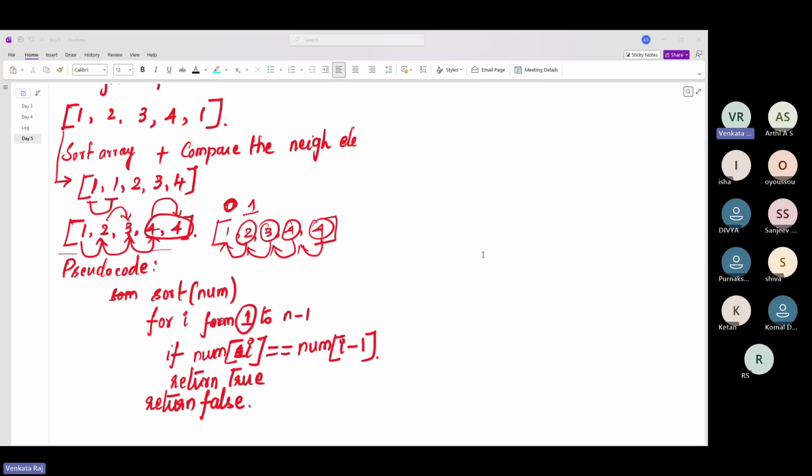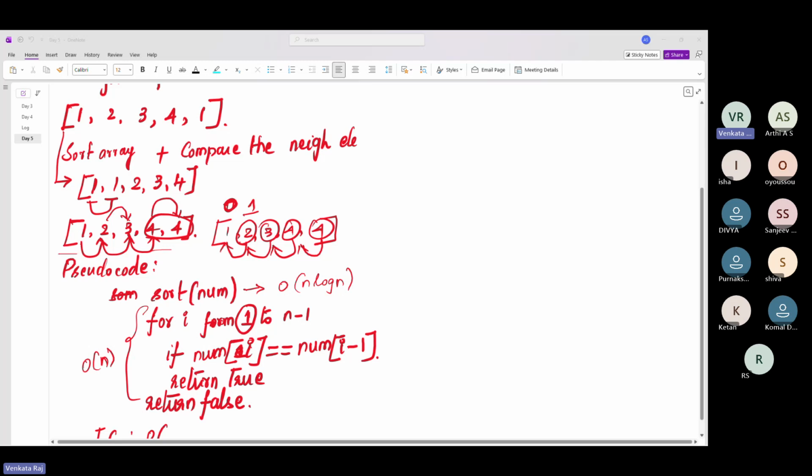Here when you see the time complexity, we are doing two operations. So time complexity is like you calculate the time it took for each operation. For loop we know it is O of n, correct? Which is standard. You can memorize this: for loop is O of n, and for sorting it is O of n log n. So it is O of n log n into O of n. And we know O of n log n is nothing but